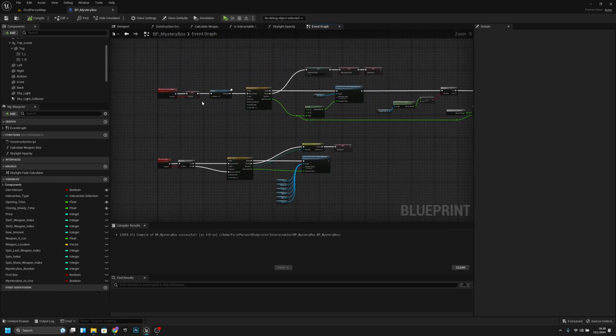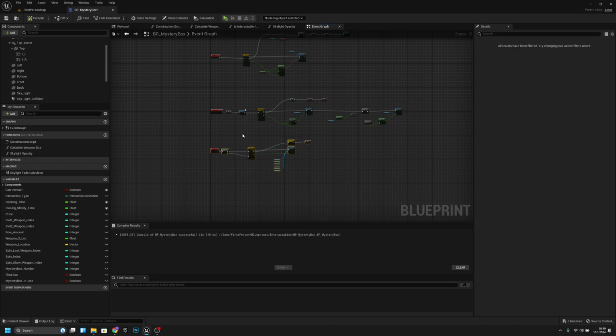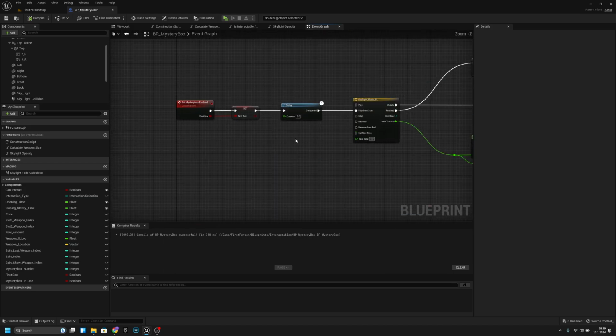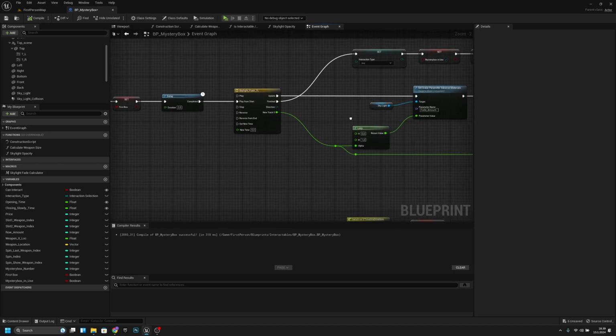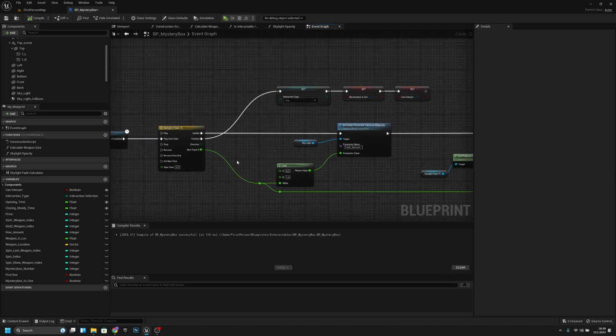And now what we want to do here at this function, sorry, I will move this further down. Here, this set MYSTERYBOX enabled. We have this, when it's done, it sets it to